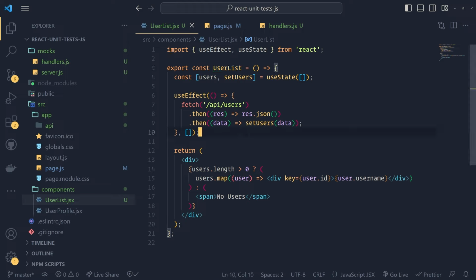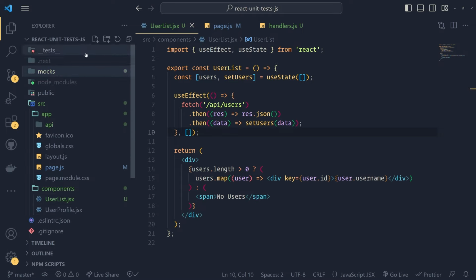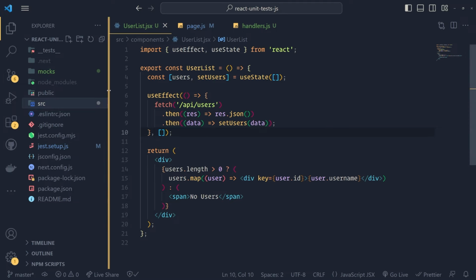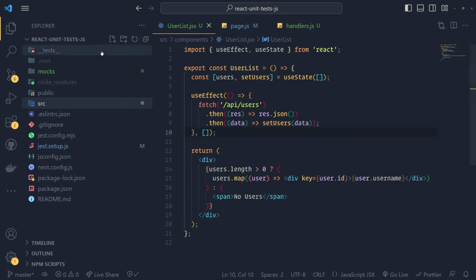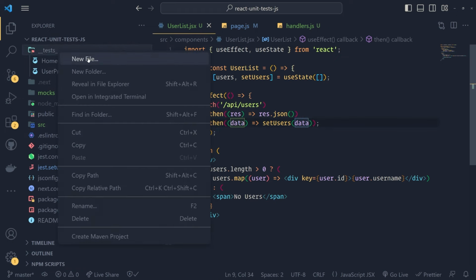Okay, so don't worry about that for now, because the outcome of how you write your tests will differ based on how you fetch your data. The way that we're going to write our tests now is how we handle data fetching on the client side. The way that we would write our tests when we fetch data on the server side is going to be very, very different. Okay, so let's go into our test folder and let's create a new file called